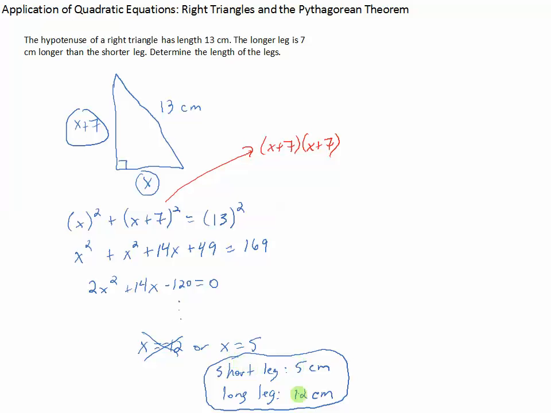If you check it with the Pythagorean theorem, you'll see that 5 squared plus 12 squared equals 13 squared. I also want to point out that this negative 12 is not related to this positive 12 that we got. The positive 12 simply came from